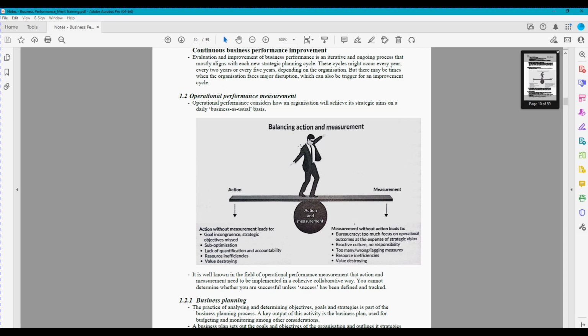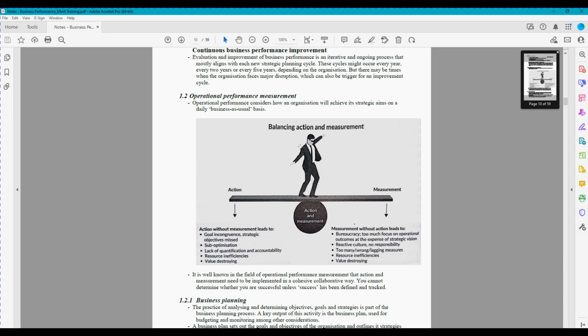Whereas if you're all about measurement and you don't do any action, it's paralysis by analysis. So maybe you're very good at understanding what's going wrong, but you're not very good at fixing it. It's also a very reactive culture, right? So you're not going ahead and doing what you think is best and creating the best pathway. It's sitting back and waiting until something goes wrong and measuring it and then communicating it, right?